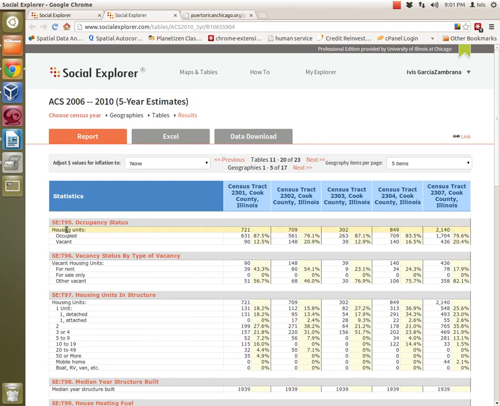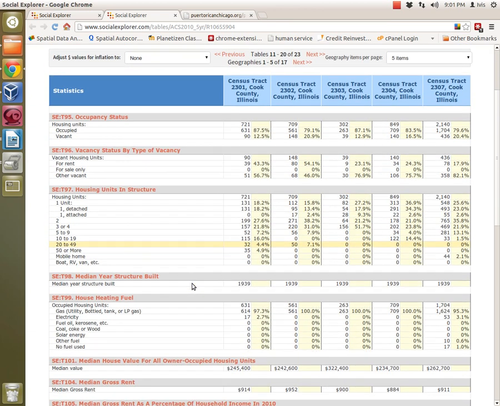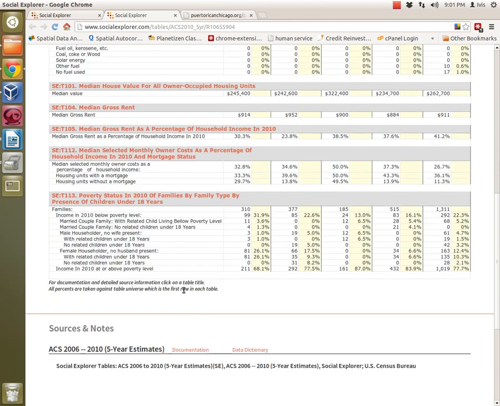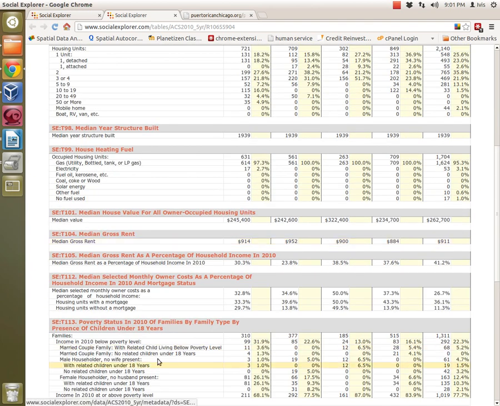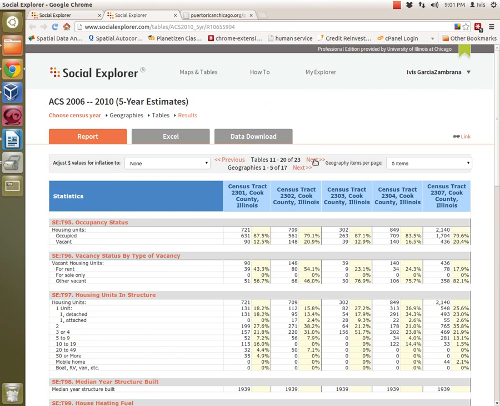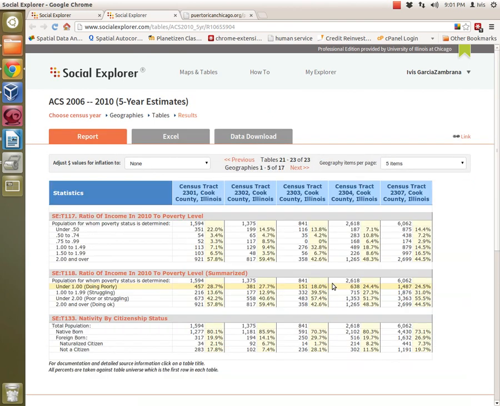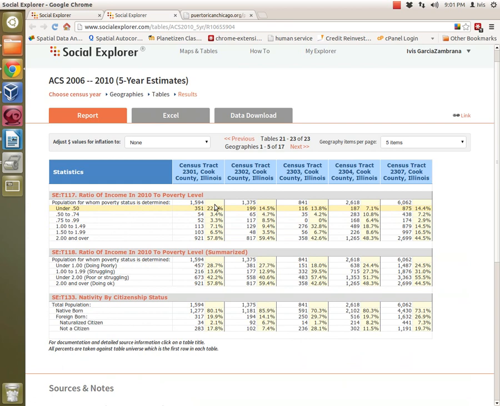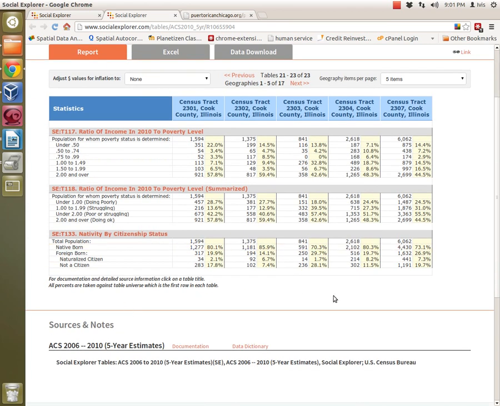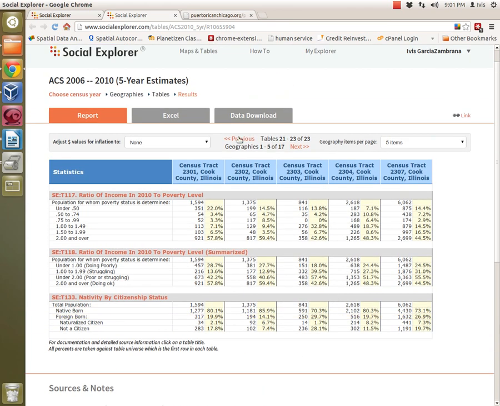table, and this is the last one that we saw, right? Or it was actually housing tenure. So here we have how many homes are occupied, how many are vacant, and there's more housing. There's here data about poverty, and we can look at all these tables. There's the poverty level, and then nativity, citizenship status, things like that. So I'm gonna go back